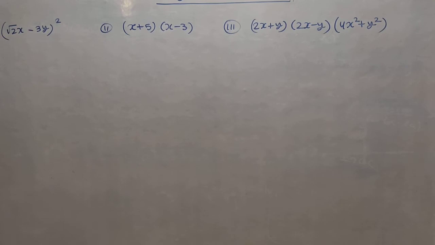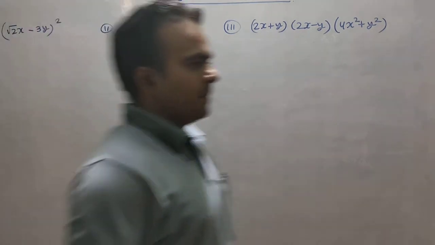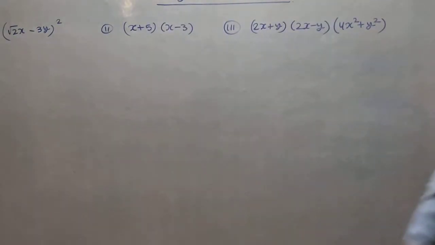So these three questions are related to identities. Before entering the solution, firstly you have to check which identity we have to use, because that is the first step. You can say 50% of the questions you will do only by selecting the identities. If your selection is perfect, it means half of the solution you have done, only the calculation part is left.